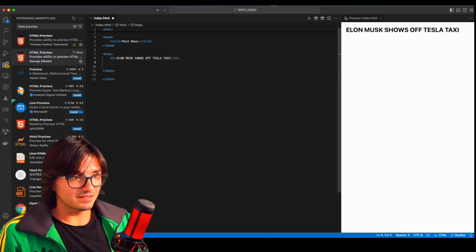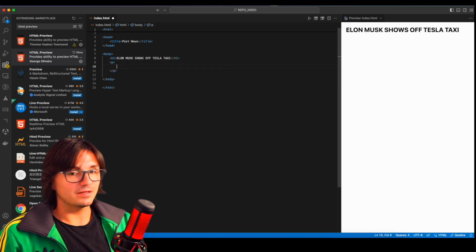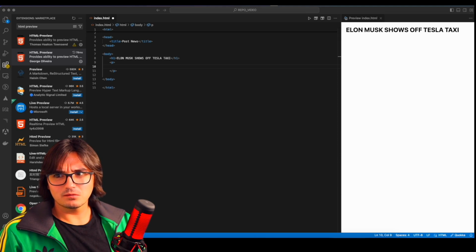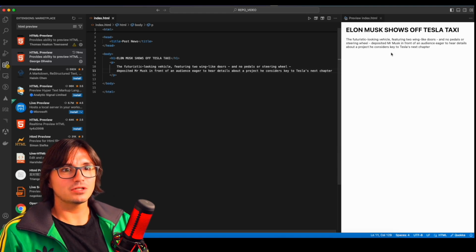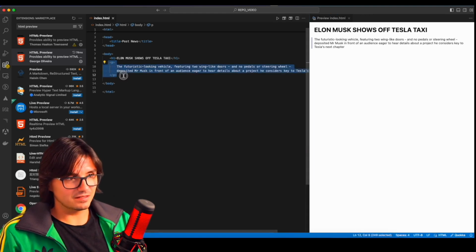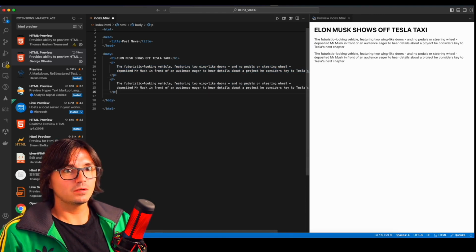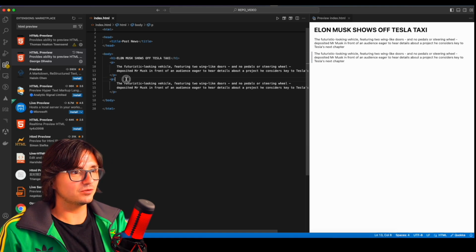Okay, next we need the P tag. The P tag defines paragraphs. It's fundamental. Next, I copied a part of the news directly from the original, went into one post and copied it. Look, you see the P tag nicely separates your text. If I copy it now and let's say add it, see how beautifully it formats. If you look at what happens if we remove it now,